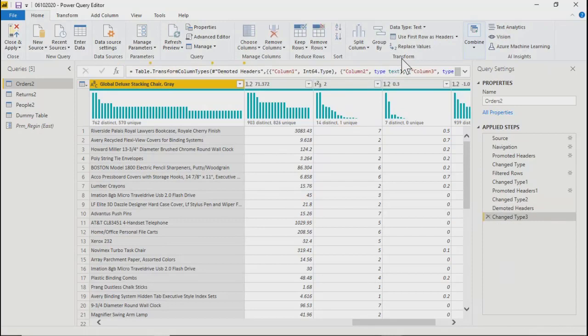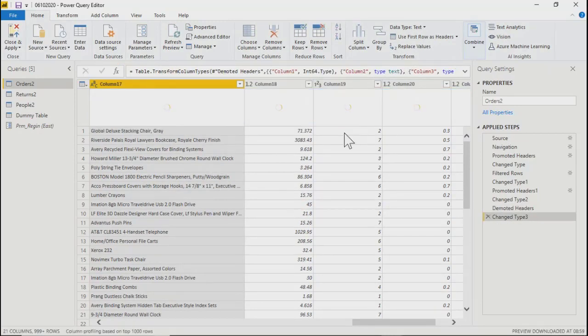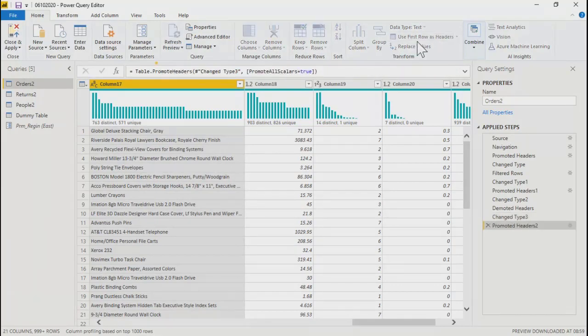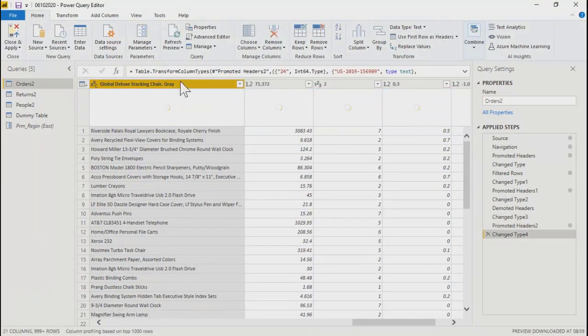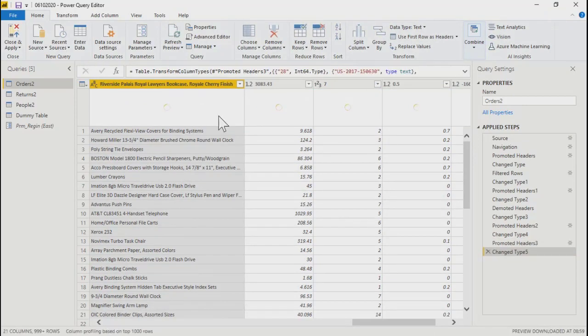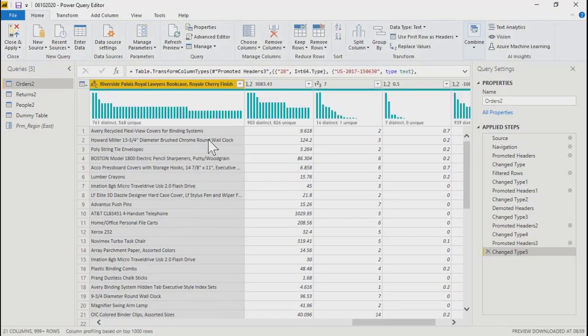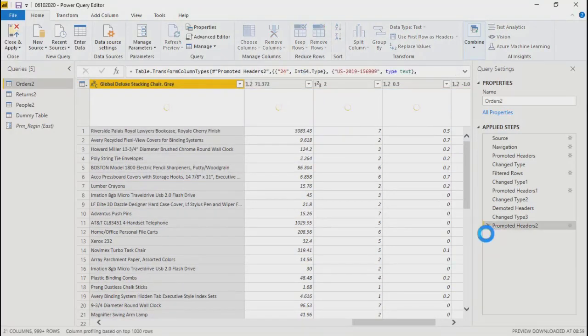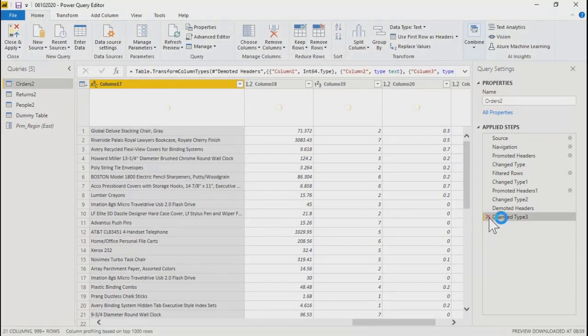Let's see, our data has headers, but see what happens. I kind of ruined my data. Earlier I clicked use first row as a header, so it converted this row into headers. And now as soon as I have tried to replicate this, it is giving me Column1, Column2, Column3 like that. So all these things are kind of waste now. I'll just remove all these steps and we'll go back to my original data.